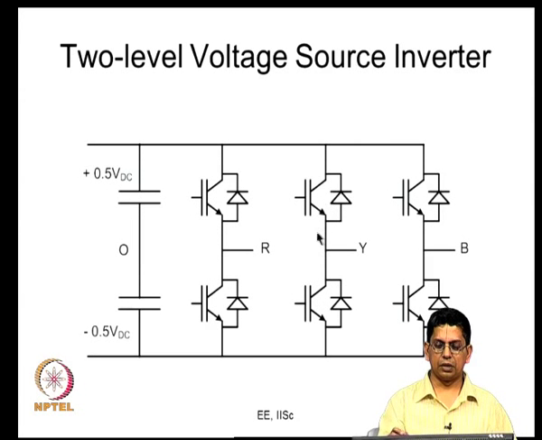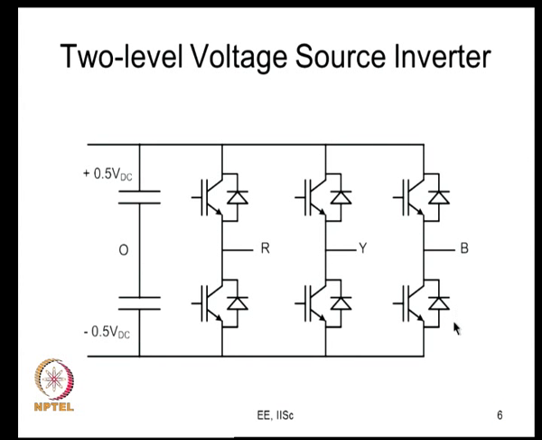So, this is where we have a 3-phase inverter, which we have seen several times, and you connect the 3-phase loads here. This is the midpoint, which is a load terminal. When I say pole voltage, I mean the voltage at this point measured with respect to O. This is what is called VRO, the R phase pole voltage. Similarly, this is VYO, the Y phase pole voltage, and this is VBO, the B phase pole voltage. What we are going to see shortly is that this VRO is going to change on account of dead time. So, VRO actual will be different from VRO ideal when there is dead time introduced between the top and bottom devices, and of course, you need to introduce dead time between the top and bottom devices in a practical inverter, as we will shortly see.